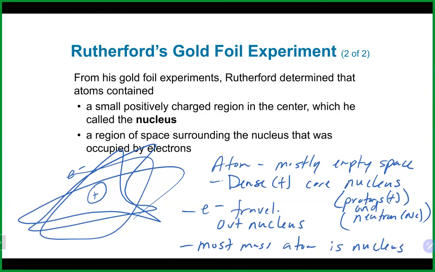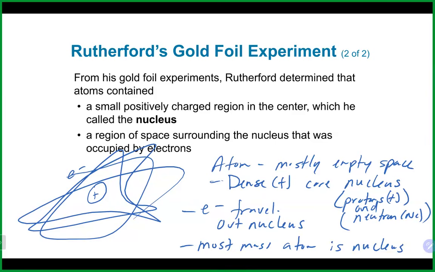Should there be any attraction between the electrons that are flying around and the nucleus, which is technically positively charged? There is, right? Electrons are negatively charged and the nucleus is positively charged, which means there is an attraction between those two, especially electrons that are close to the nucleus, which is why when we get to bonding, there are only certain electrons that are involved in bonding. Those are the ones that are further away from the nucleus. They're not held as tightly. They're able to interact in bonding, while if you try to interact with an electron close to the nucleus, it ain't going anywhere. It's held pretty tightly